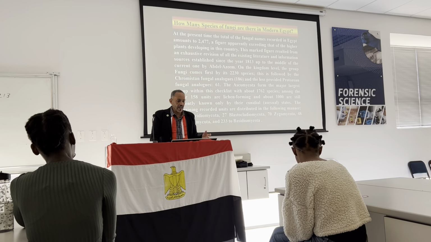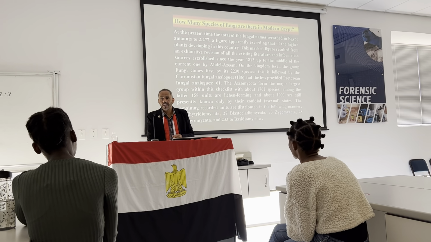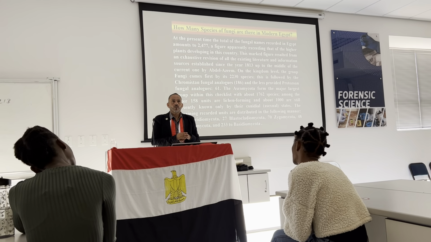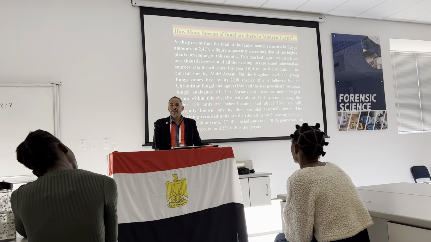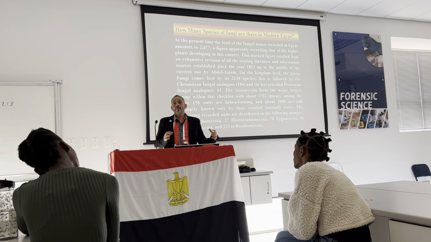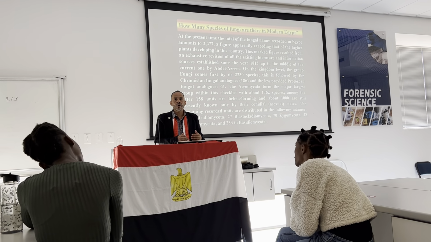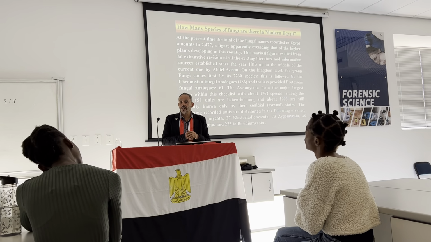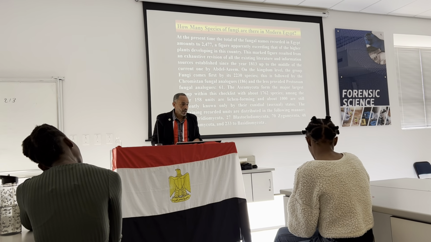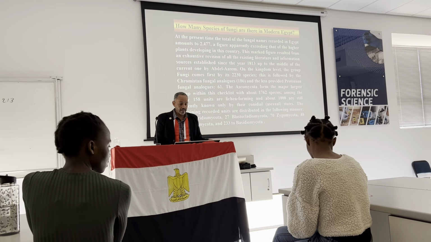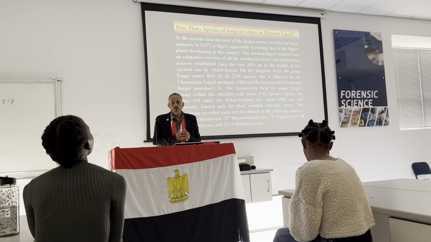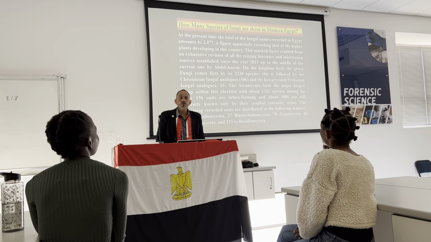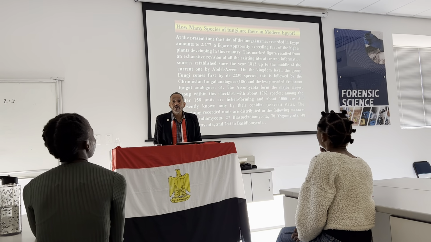How many species of fungi are there in modern Egypt? I started my survey in 2000 and finished it in 2010, for 10 years, and collected all literature from all sources, and I went to all temples if I could. I started my study from 1813, and I collected a huge amount of data. Up till now, about 2,500 species of fungi are recorded in Egypt.